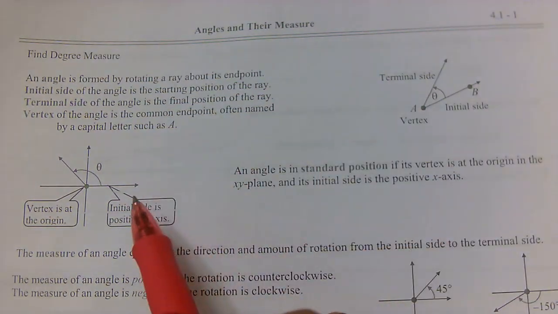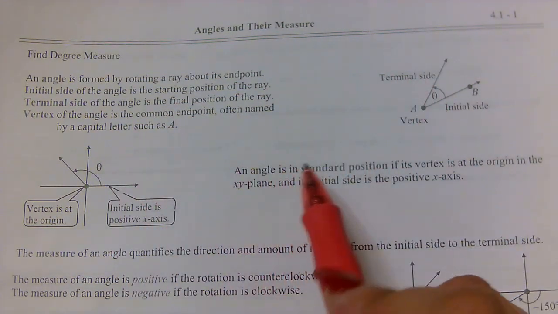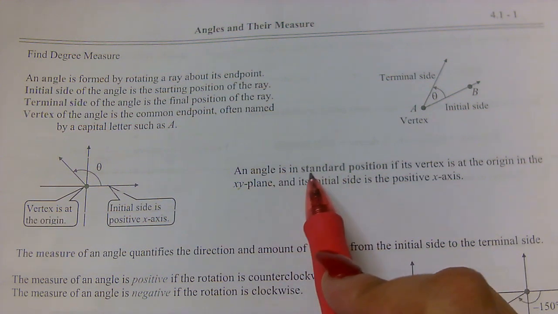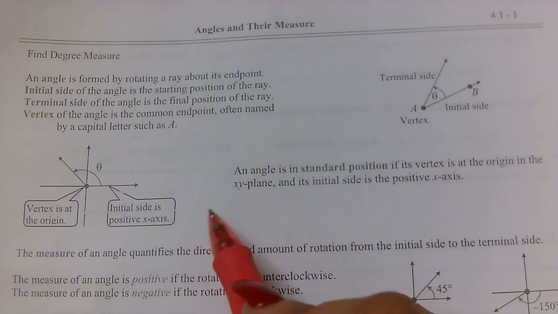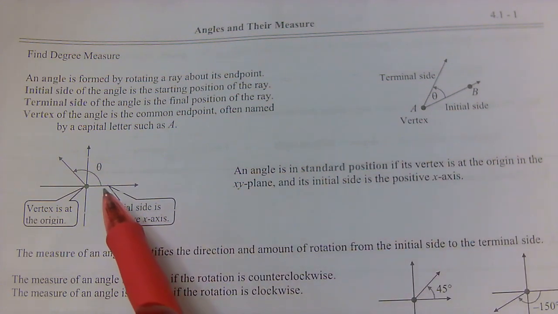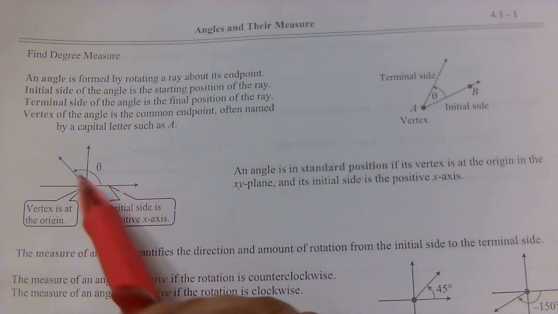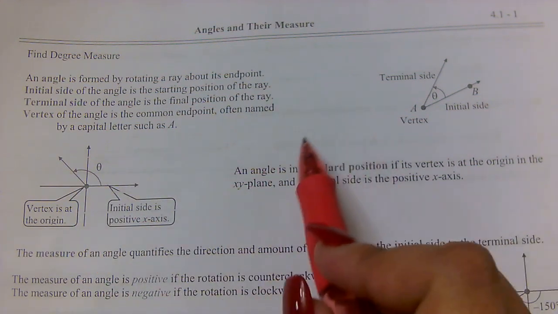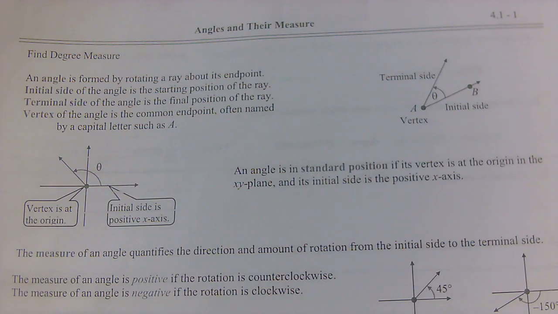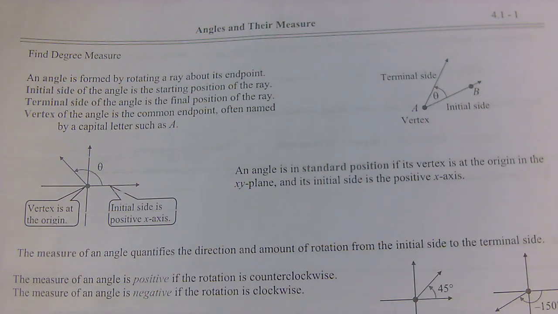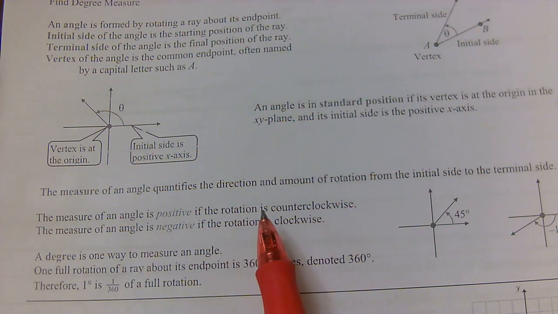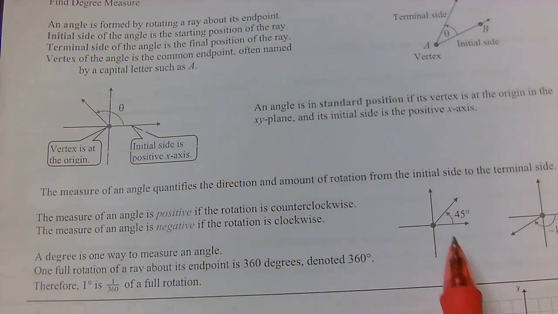Okay, so this is going to be considered our angle, and I'm going to be using a standard position if the vertex is at the origin in the XY plane. So in this case here, standard angle. Now, I do refer to a standard angle slightly different just for purposes in the class. Standard angle for me is going to be anything from 0 to 360 degrees. The measurement of an angle is positive if it goes counterclockwise. So if it goes up